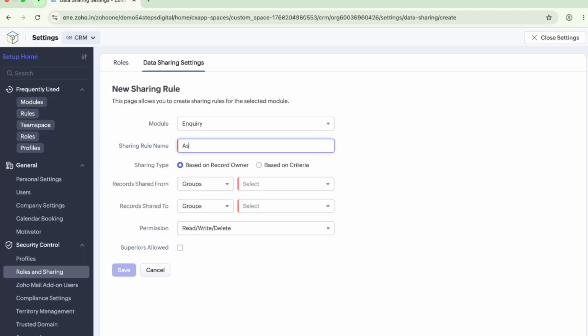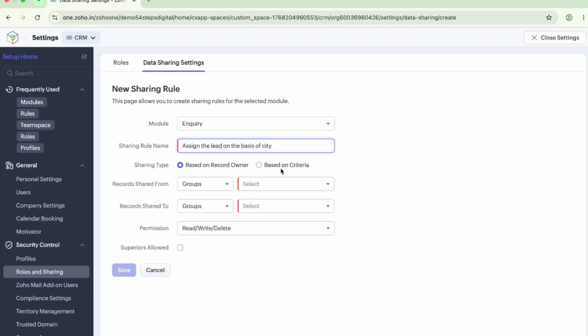So assign the lead on the basis of city. Okay, so now I am creating a rule that assigns the leads on the basis of city.